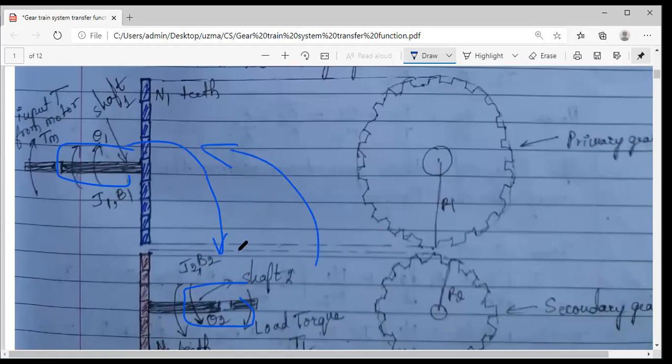While doing so, some of the parameters which exist on the source shaft will change, not the destination. If we are transferring shaft 1 elements to shaft 2, then 2 will be your destination and 1 is your source. So source elements will change, and sometimes, due to these reflections, the developed torque may also get affected. We have seen some problems of such kind.